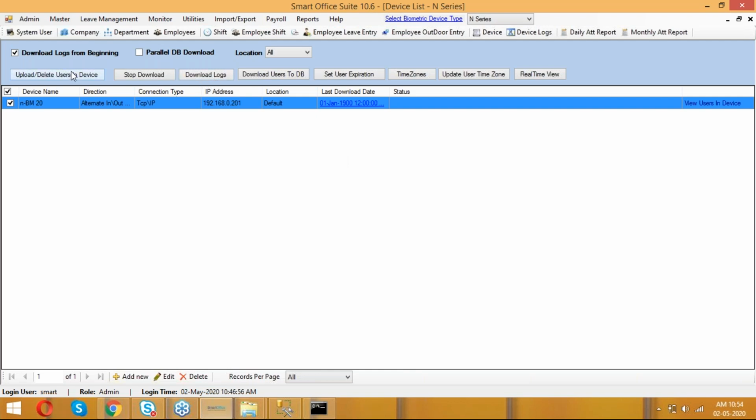First you'll click download users to DB, and then you'll click download logs. So if you want to set it automatically, then go to